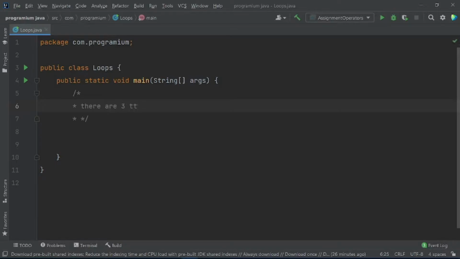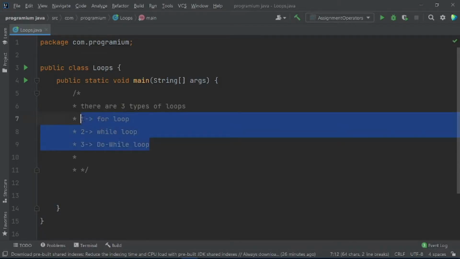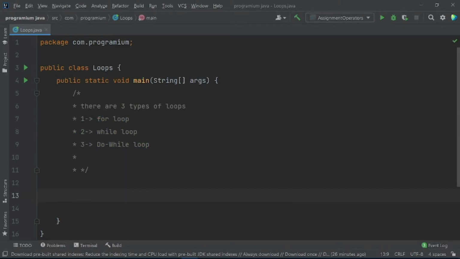three types of loops. Number one is for loop, second one is while loop, and the third one is do while loop. So guys, these are the most important loops in Java, and exactly why we use these loops, let us see